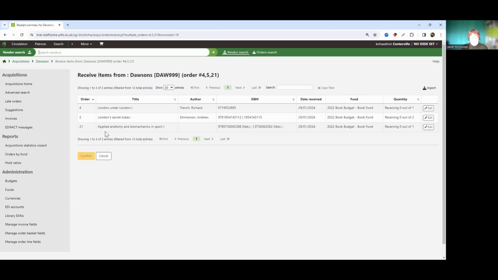I can see my 3 different titles, and in the quantity area here, we can see how many I'm receiving out of those amounts. So at the moment, it's saying receiving 0 out of 1, receiving 0 out of 2, receiving 0 out of 1, for each of those line entries. I still have to actually confirm with the system what I'm receiving. I need to use the edit option to determine elements about the item records that are going to become part